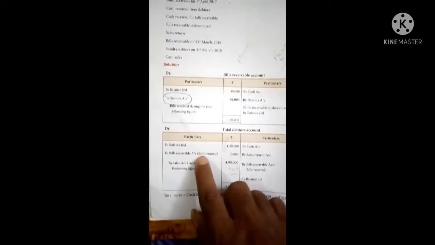So on the debit side, debtors 90,000, bills receivable during the year, that should be credited in the debtors account as per the specimen. By bills receivable account 90,000. And in the bills receivable account, on the credit side, by debtors, bills receivable dishonor, as per the specimen, it should be taken to the debit side of the debtors account. To bills receivable, within brackets, let the dishonor amount is